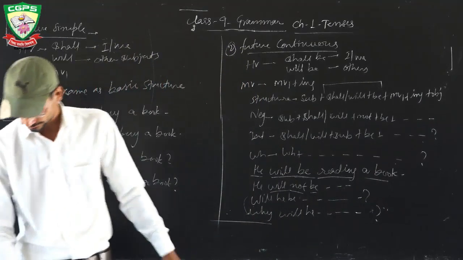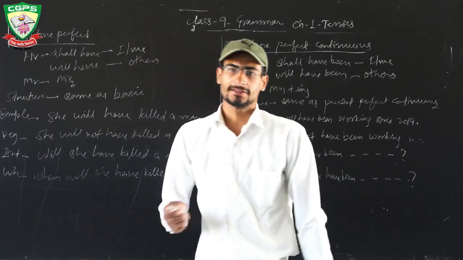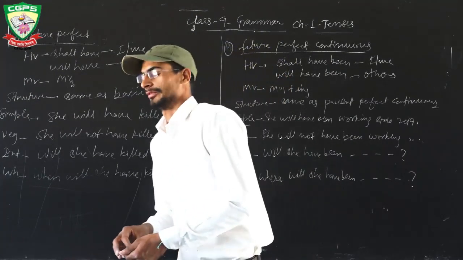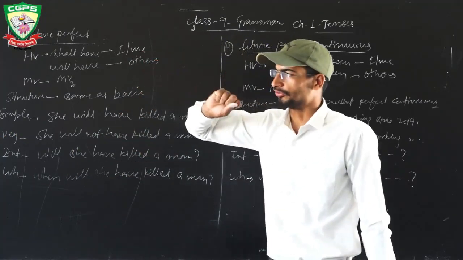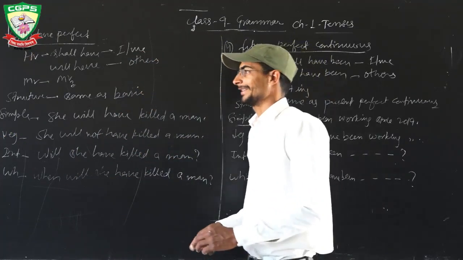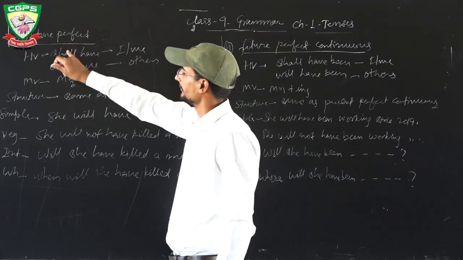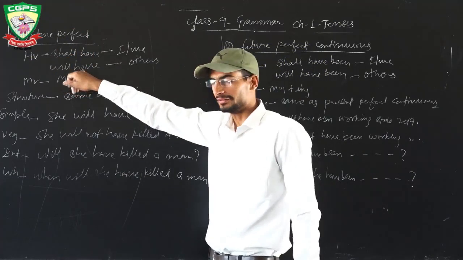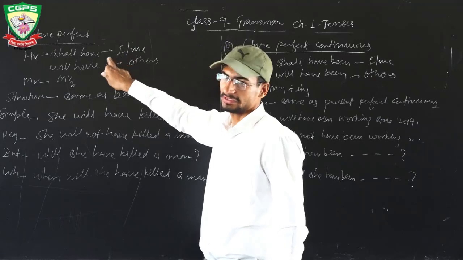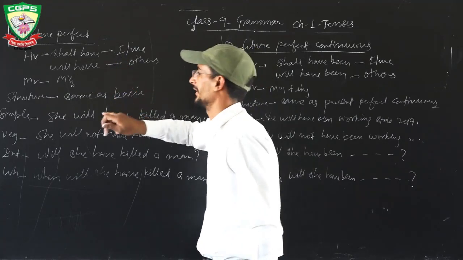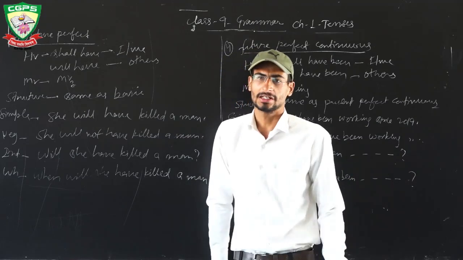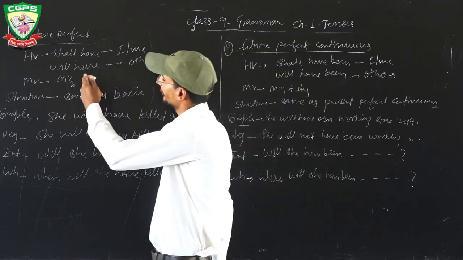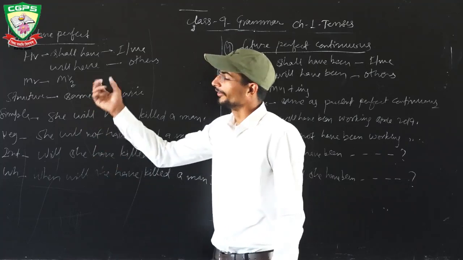Thank you. Good morning students. This is the next lecture about the tenses, probably the last lecture. So we have studied about the future simple and future continuous tense. Next tense is future perfect. Future perfect helping verb is shall have and will have. Similarly, shall have for I and we, will have for other subjects. Next, the structure is same as the basic structure. There is no change in the structure. At the place of helping verb, shall have or will have is used. Main verb third form is used.